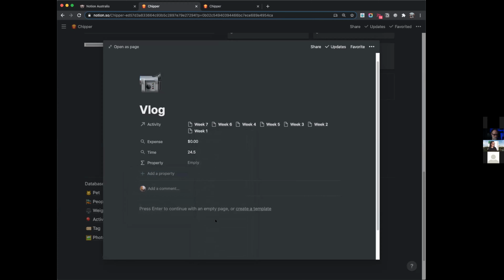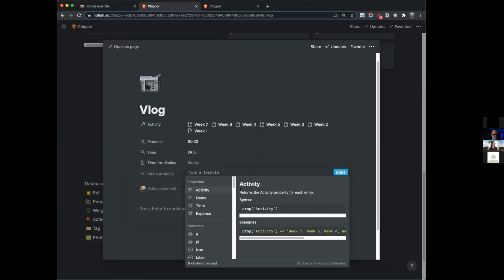So we can just go formula, and then I can go time for display maybe. And then I can go format. Again, this is to turn something into text. Format time plus hours. And you can preview it here.